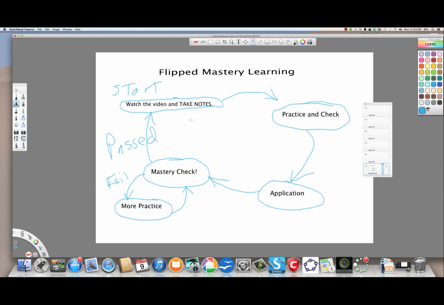If you get less than 70%, we're back into identifying which lesson you had problems with, more practice, and a mastery check for that lesson or lessons if that's the case. We'll go through that cycle for each one of those. Then you'll retake the test, and with that second test, hopefully you're able to move on to the next chapter and begin the flip mastery learning.